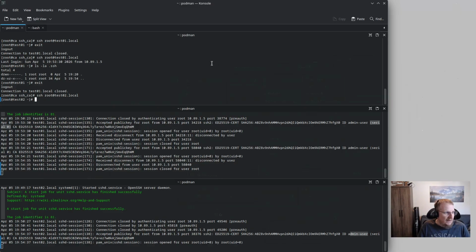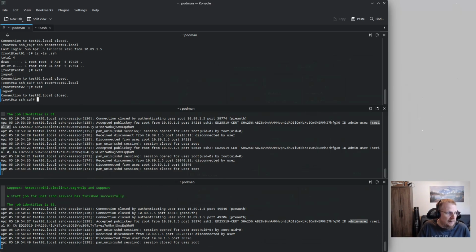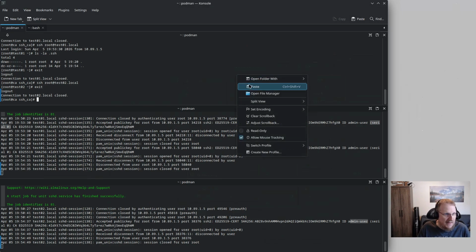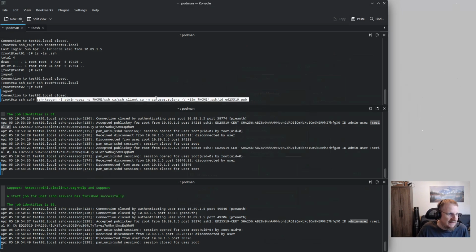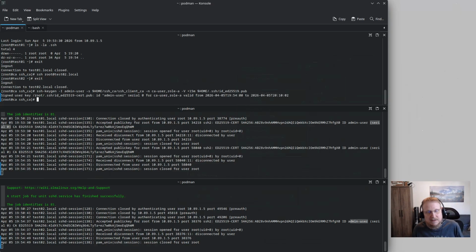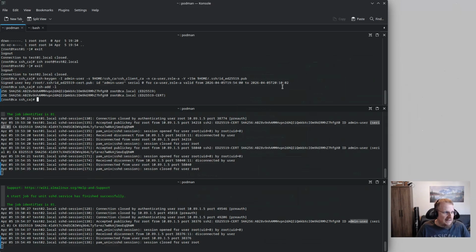Now, we can also ask for signing with different restrictions, right? I had mentioned that one was for root. If I sign my key and tell it only CA user and only role A, then this key will no longer be able to access as root. Now, one thing I noticed in prior testing was that this key right here, this is still good. So if I go ahead and add the updated certificate to my current agent,